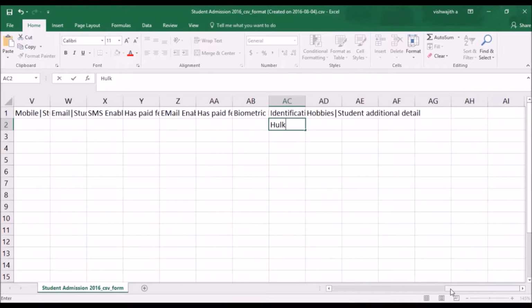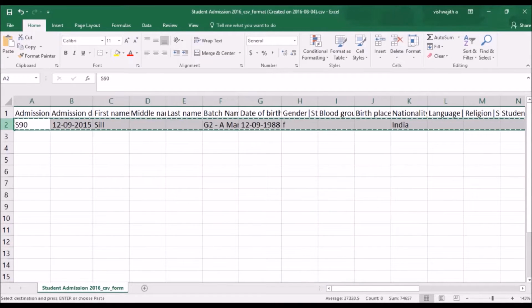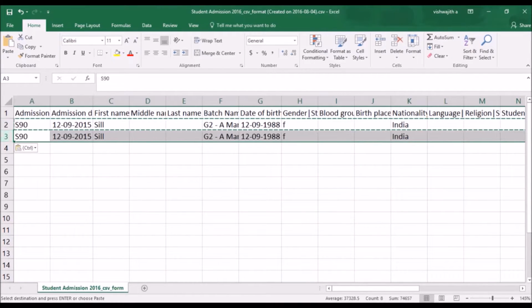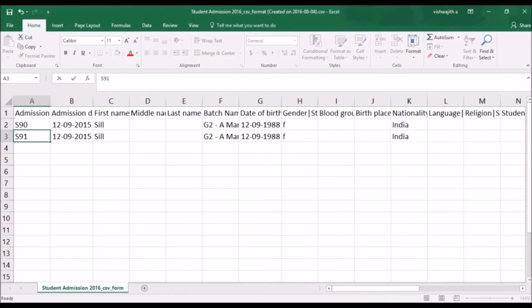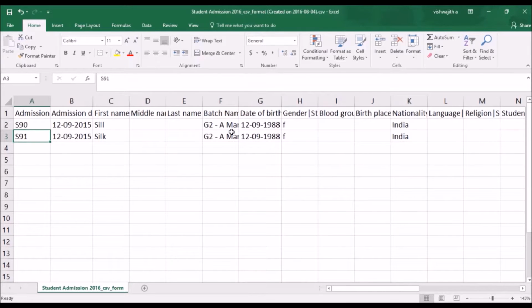Any meaningful information can be given there, and now I will copy this and paste the same here. Let me add another piece of information for another student. Let's say the student is in the same batch and the other information remains the same. So like this, up to 200 rows can be added at a time in this Excel sheet. That means FEDINA will allow up to 200 rows to be uploaded at a time.